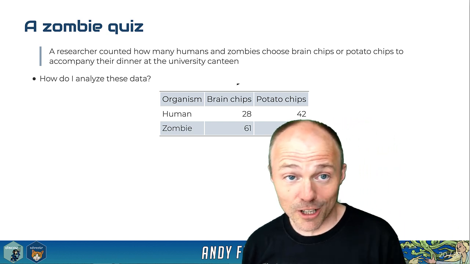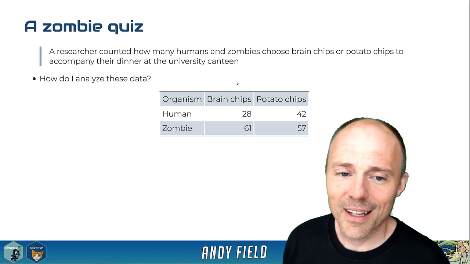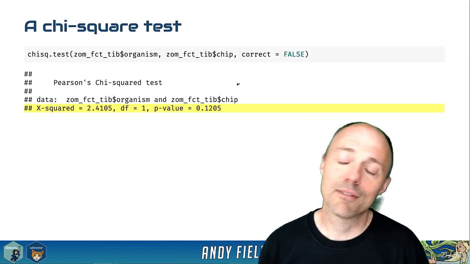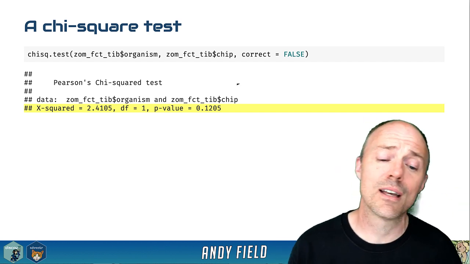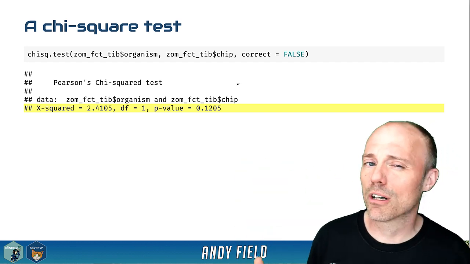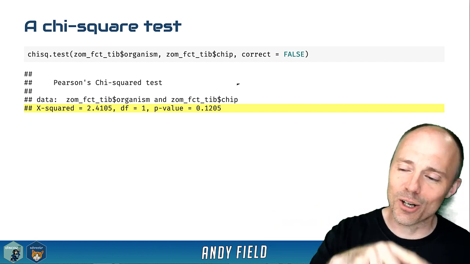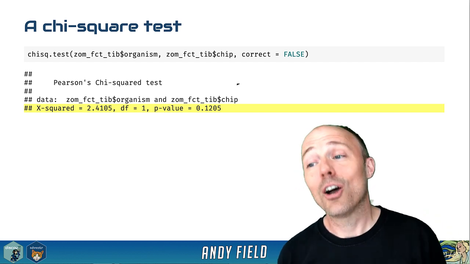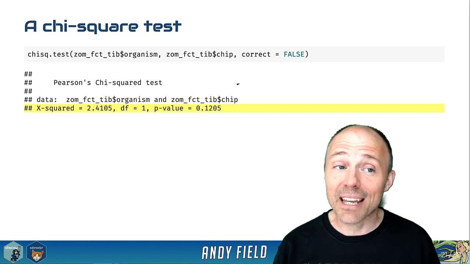Now, probably, if you look at a lot of textbooks, probably my own ones included, you'll find that they tell you to do a chi-square test. If you've got categorical data, and these are categorical data. We've got categories of zombies and humans and categories of brain chip and potato chip. So everything's categorical. We've just got count data. We've just counted how many people fall into the combinations of categories. Everything will tell you count data, chi-square test. That's the law. And if you deviate from that model,